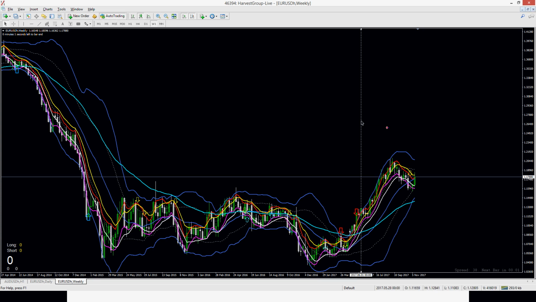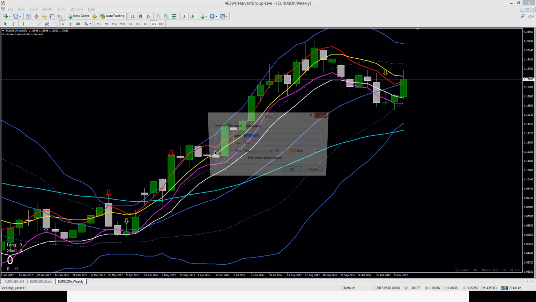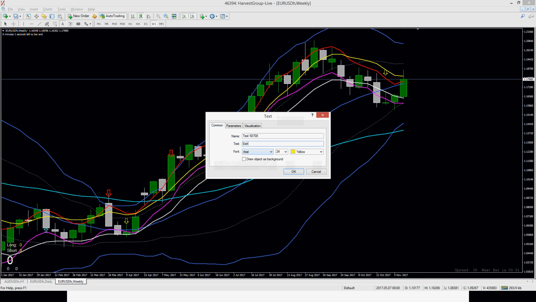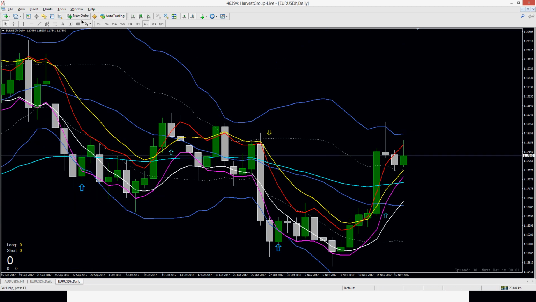So on the weekly time frame, because earlier on we know that the price is at MA50, we know that we need to look into a much higher time frame. Obviously here what we have is an extreme A because the MA is outside of the Bollinger Band. Before we even start, since we know at the daily we have the price at MA50,